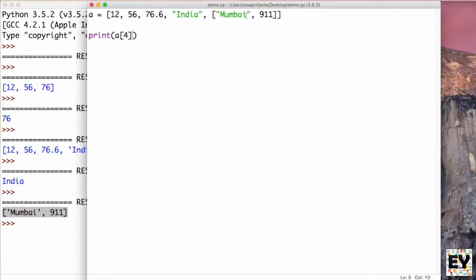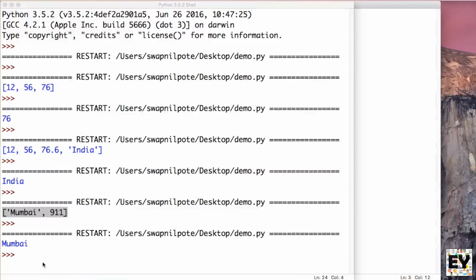And to access the values one by one from this list, what you need to do is put square brackets after the name of this list, which is over here, and pass the position of the value which you need to access. I need to access Mumbai over here, so I am going to pass the position of that particular Mumbai value, which is at the 0th position. So if I try to run this program,